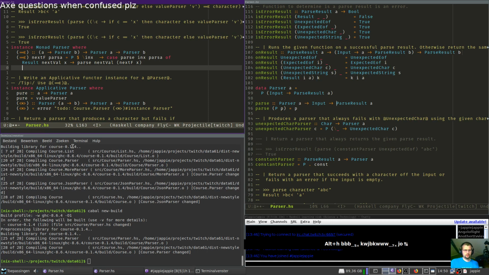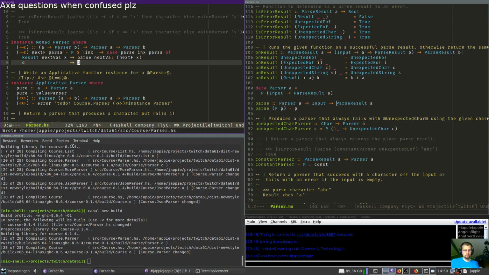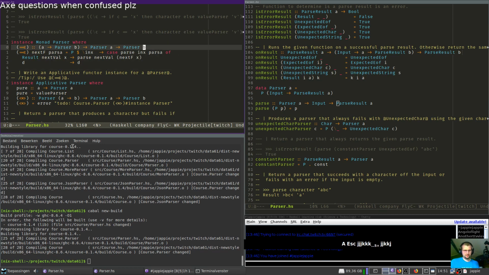But in this case, if we have any error, we can just do this. Right, so this is pattern matching. If we have a result, we'll do the next one. If we have something else, we just return that. And this is how monad works. This is all to it. Just dealing with structure.